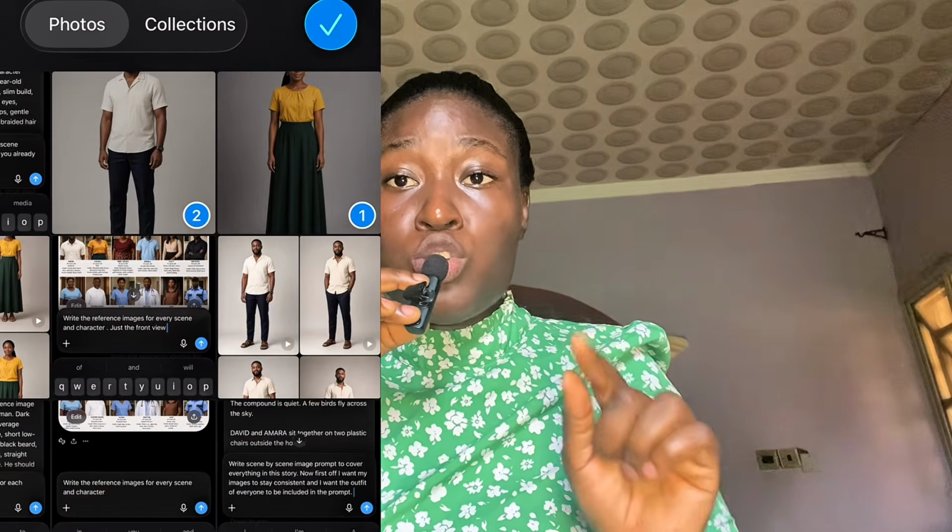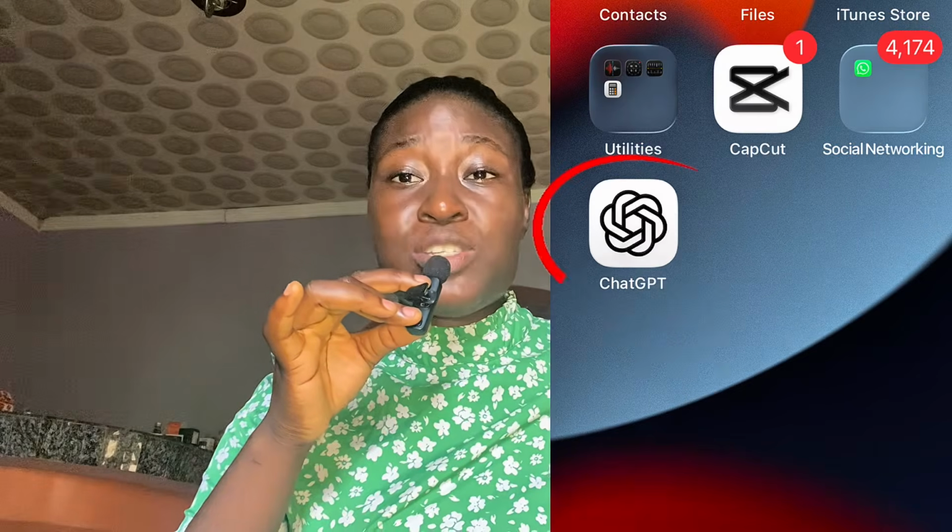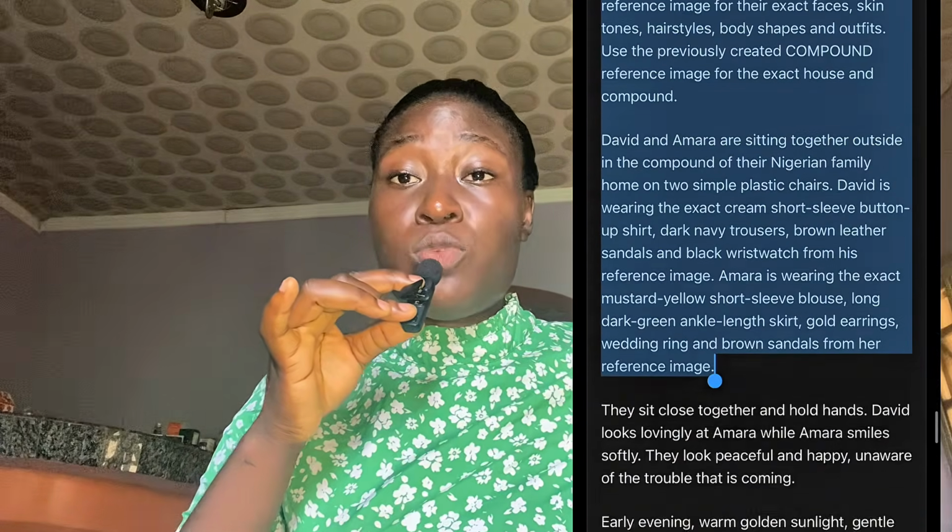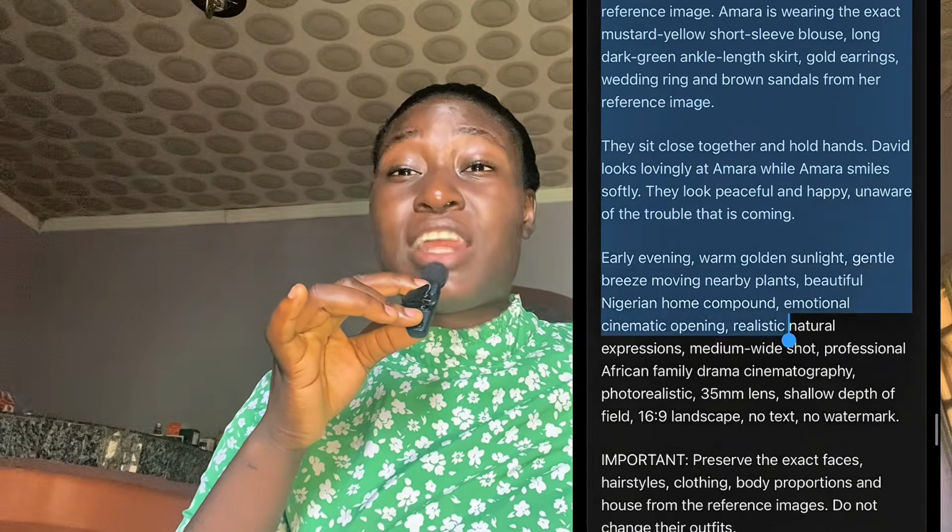So this is what you are going to do. From your scene, you will know the people that are sitting outside the house. So go back to your gallery and put the images. You can see this boy and this girl are sitting outside the house. So you input 1, 2, and then you head back to ChatGPT and copy the prompt in scene 1 that ChatGPT has already generated for you and paste it there, and then wait for it to load, and boom, you can see that the first character and the second character's face did not change. They are just sitting outside the house, just like our scene 1 is stating.